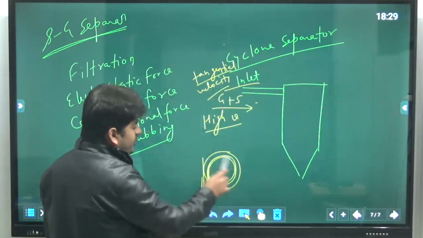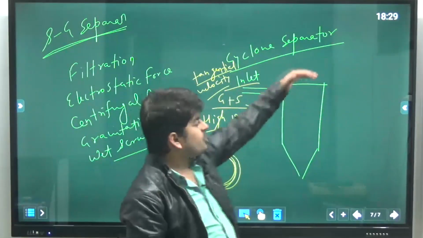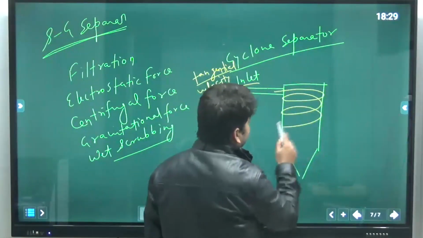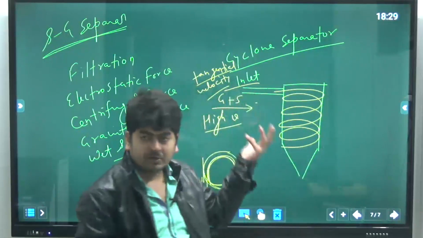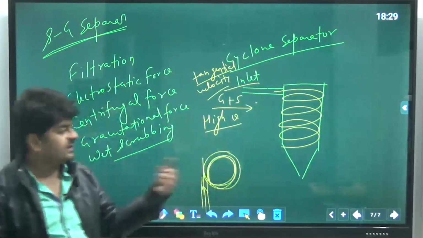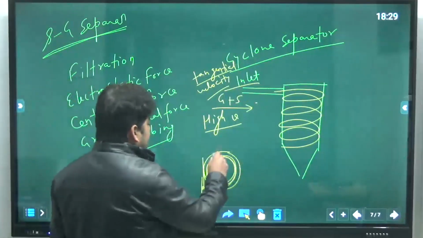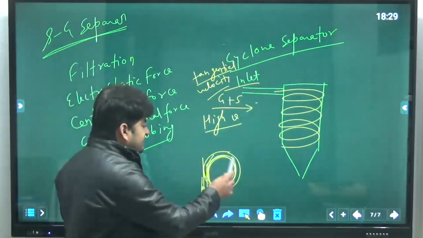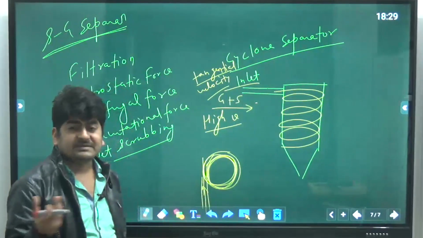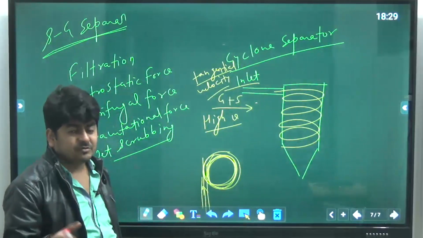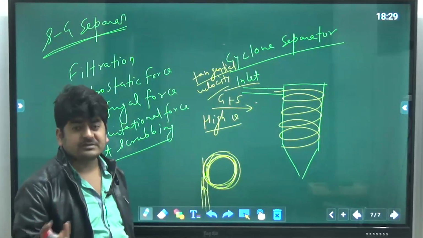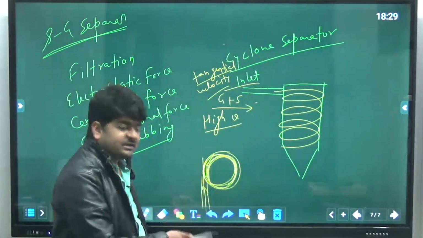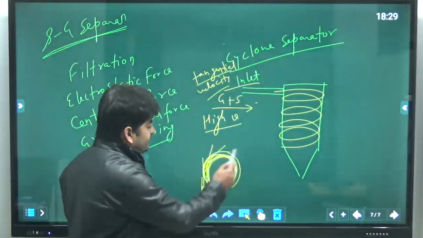Obviously, they will move along the walls of the container, and since the top part is blocked, the solid gas stream will move along the walls towards the bottom. While moving along the walls, gas particles have low mass, so they have low inertia and easily change direction. But solid particles have higher mass, so the centrifugal force acting on them will be high. Solid particles will not be able to change their direction, and they will collide with the walls.